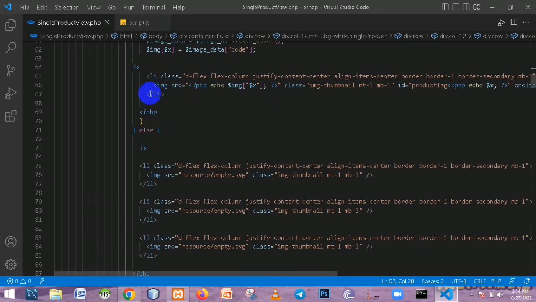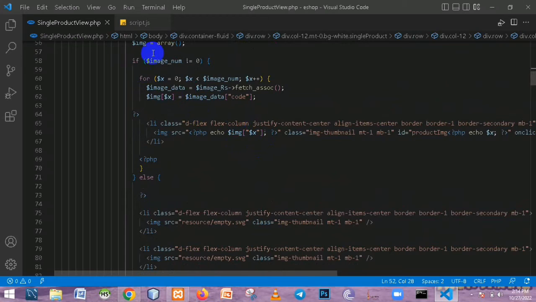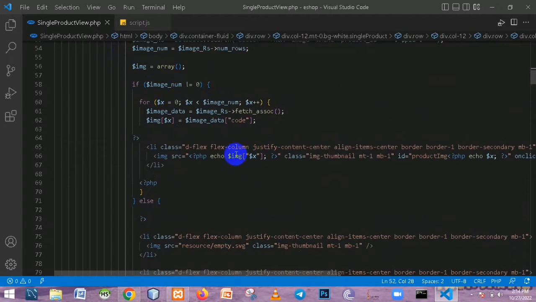So I get that listed tag, and now I wanted to give this PHP program inside my source code. So we have this image source attribute, so I want to give this program inside the double quotes. So now you can see I get this image variable which I made in this area. So I get that, and there's a $x index arrays,